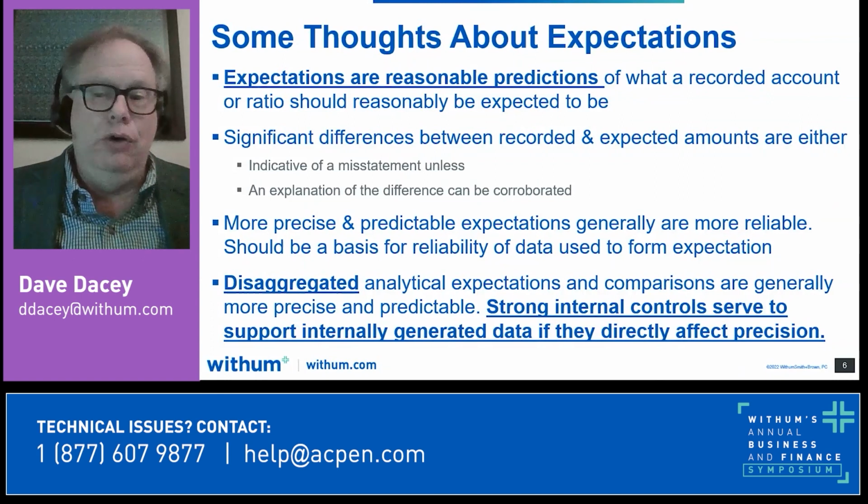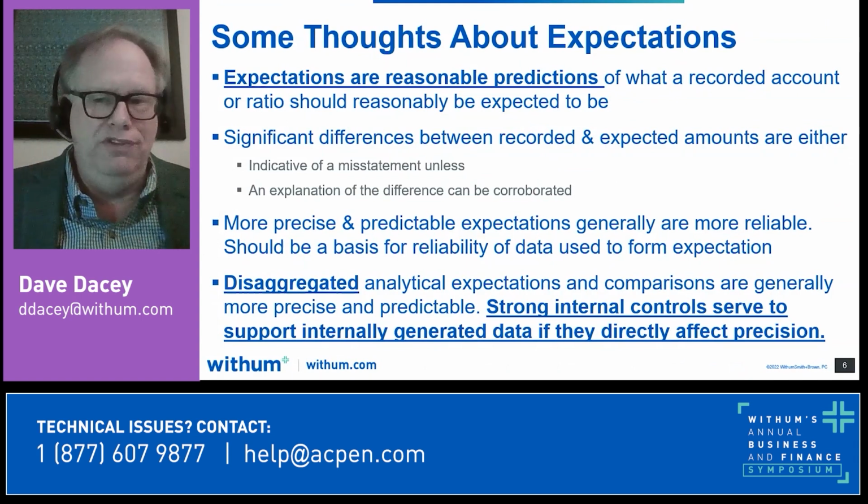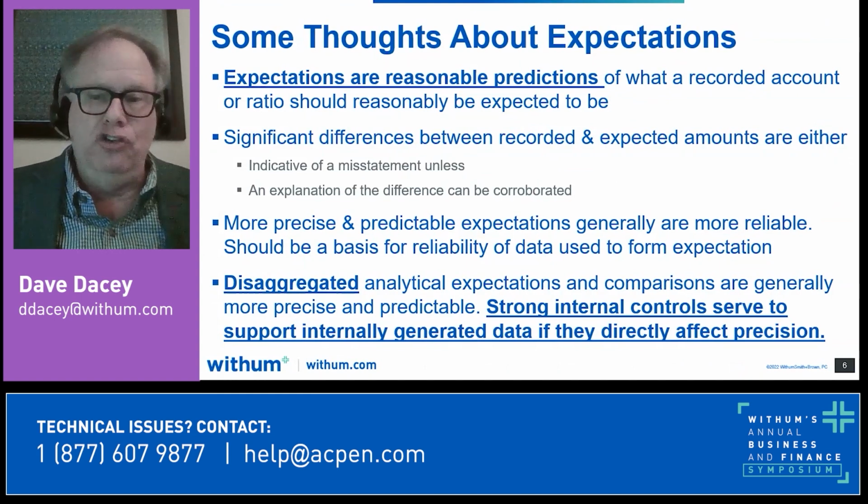So finding an error, as an example, or an unusual transaction that occurred during a specific week is much easier to find than finding that same error if you're looking at an entire year's worth of data. So that's what we mean about disaggregation. We're taking data and we're breaking it down into smaller component parts. Instead of a year, we're looking at months or weeks or quarters. That's disaggregation. As far as reliability is concerned,